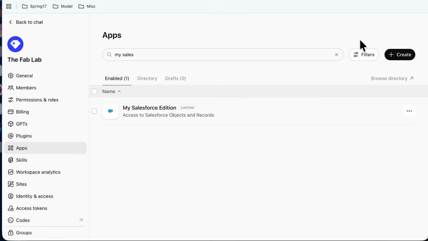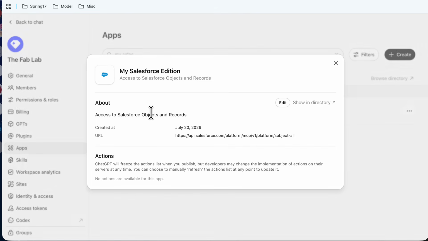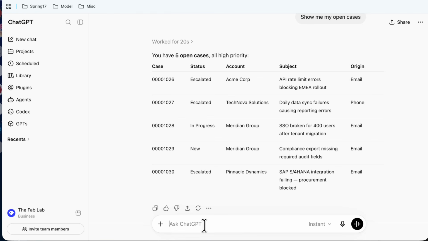Now, once again, I've already created this as my Salesforce edition. And once I've done that, I have to go back in and publish it so that I can actually see it. However, once I have all of those steps, I have the external client app set up in Salesforce, and I have the connector application set up in my workspace within ChatGPT. Then we can go back and say,